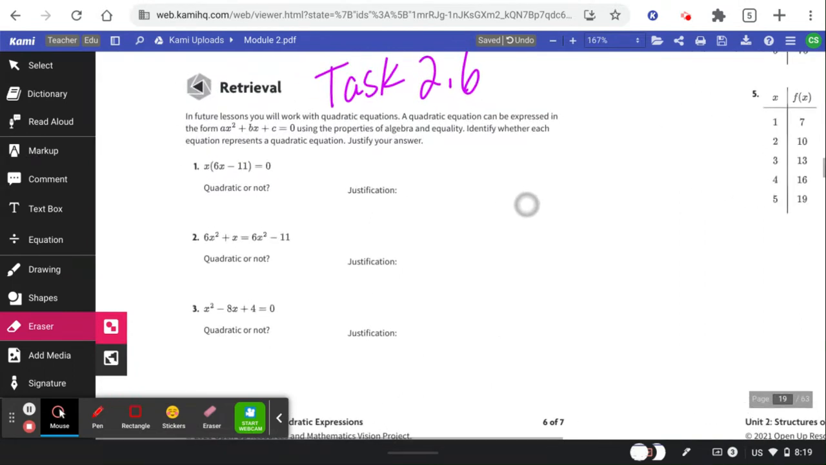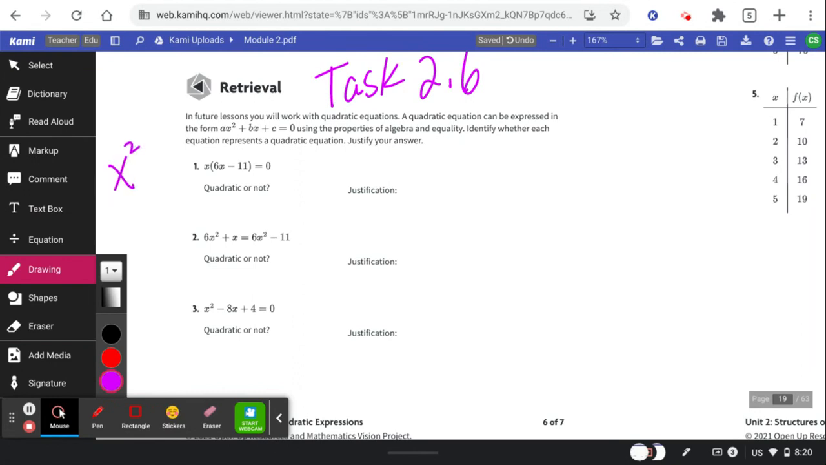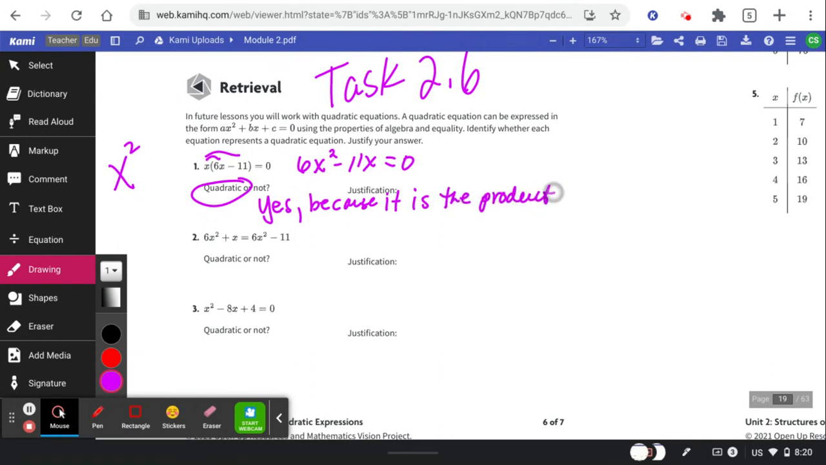So it's asking me to look at these expressions, these equations, and see if they are quadratic. And the definition of quadratic is that it has a power of 2, an x squared. So you guys see that if I multiplied this together, we would get 6x squared minus 11x. So we would say, yes, it's quadratic because it is the product of x times x,